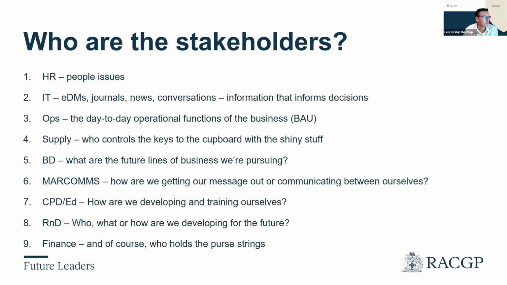Cool. So this is not an exhaustive list. It's just indicative of many business functions that you'll see out there and some areas you might want to keep in mind. So obviously IT, operations, the supply, business development, marketing and comms, education departments, research and development, all those sorts of areas. Like Linda and Vanessa were saying, consider the change you want to make and who it's going to affect. What sort of outcome are you trying to achieve and why, and who's it going to affect along the way,